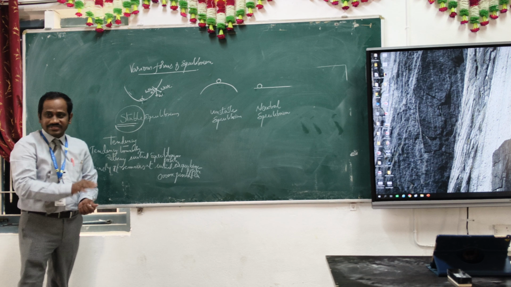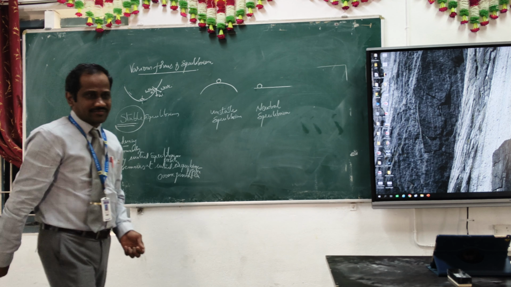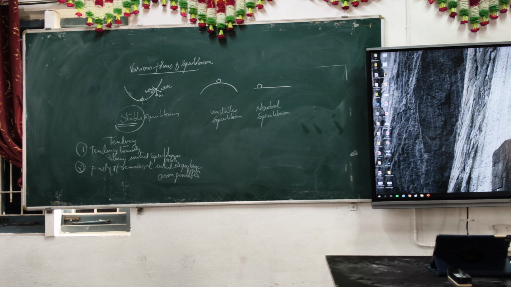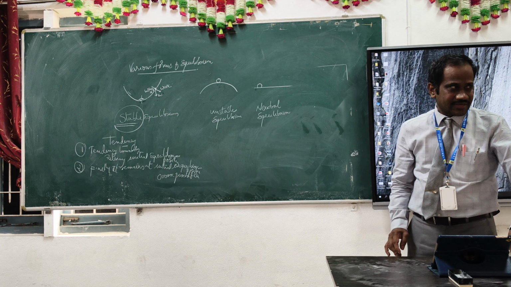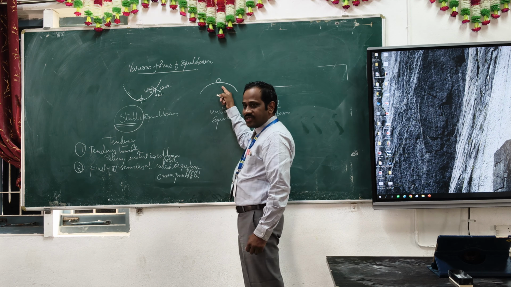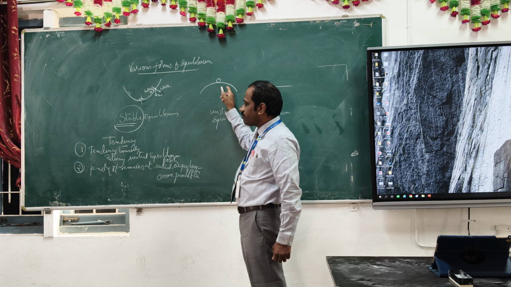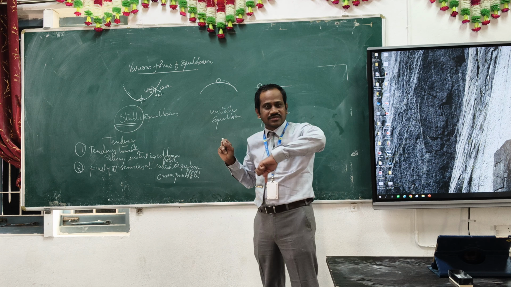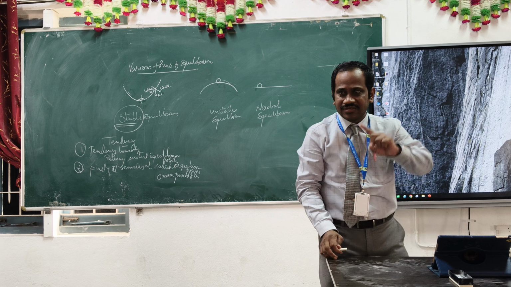I segregated this action into two. Usually we look at this action as one action, but I divided this into two actions, two activities. Understand this very clearly. I will get back to this point a little later. Here, come back here. This particular surface is unstable equilibrium because once it is disturbed, it moves away from the equilibrium position. It will not have any tendency to return